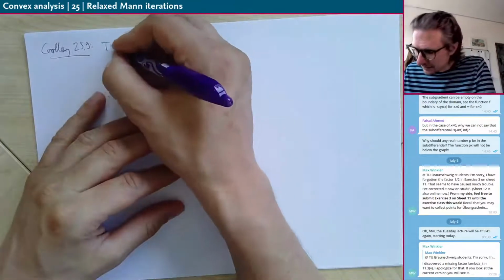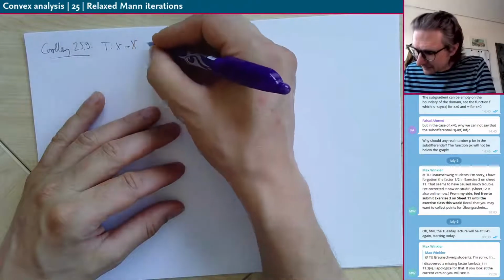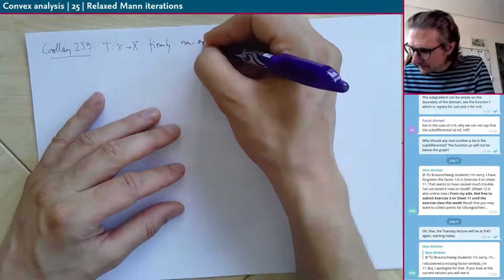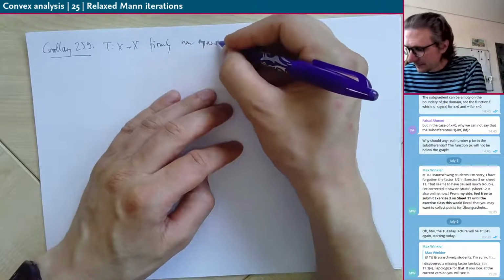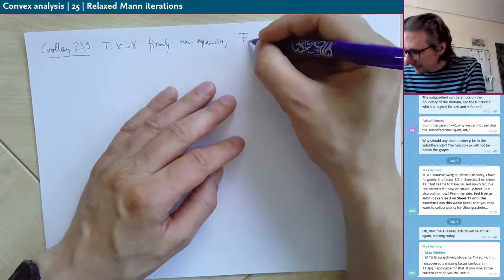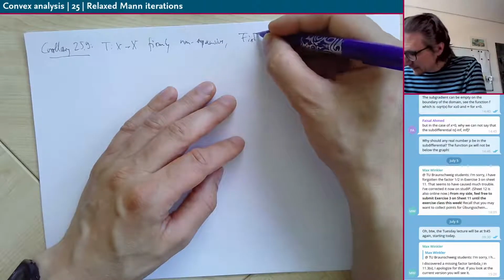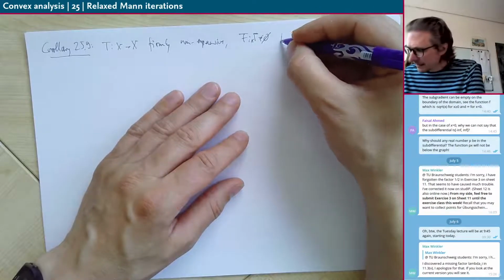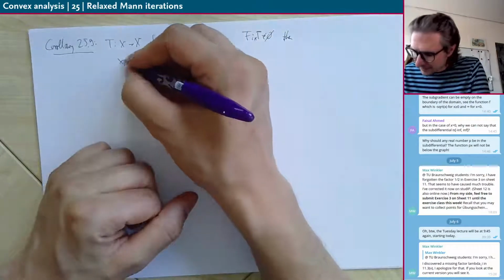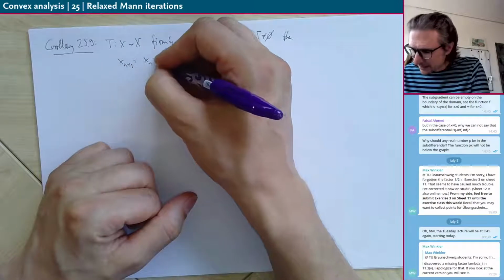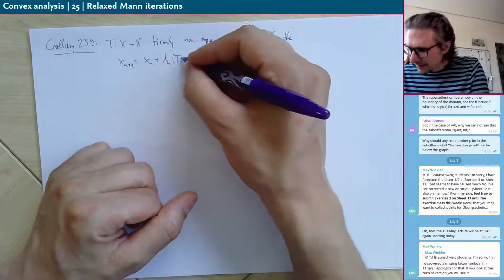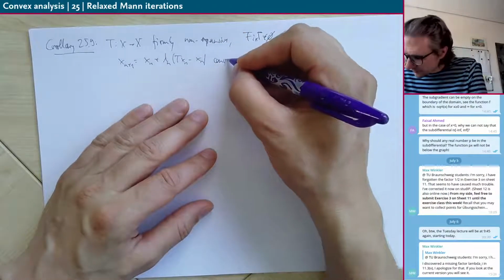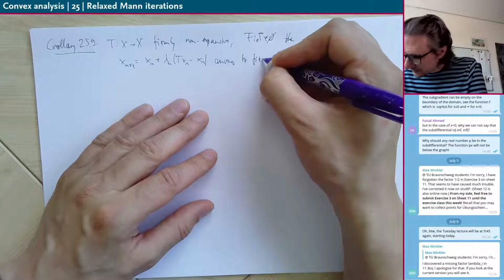So if T from X to X is firmly non-expansive and has fixed points, so the fixed point set is not empty, then the iterates x_{n+1} equal to x_n plus lambda_n (T x_n minus x_n) converge to a fixed point of T